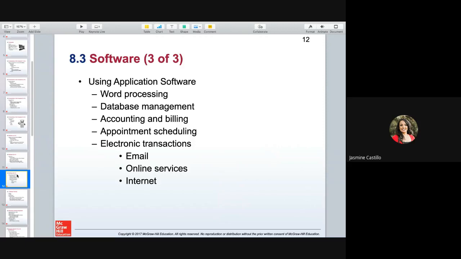But learning how to use the software correctly is obviously key to getting the most out of your computer system. So reading the manual is very important. Understanding how to access the word processing, your database management, any accounting and billing through your software, appointment scheduling, your electronic transactions, how to email, how many people get set up with an email, internet access, that type of thing. So using your application software is very important to know how to access this information,